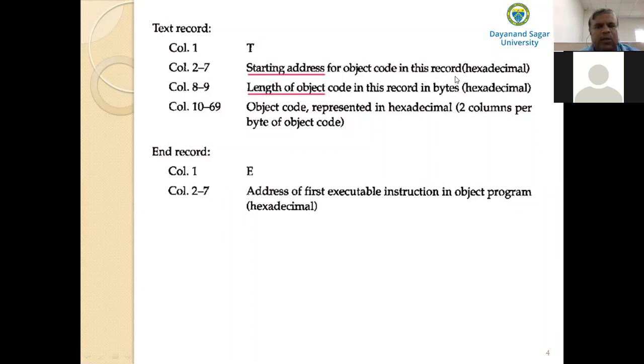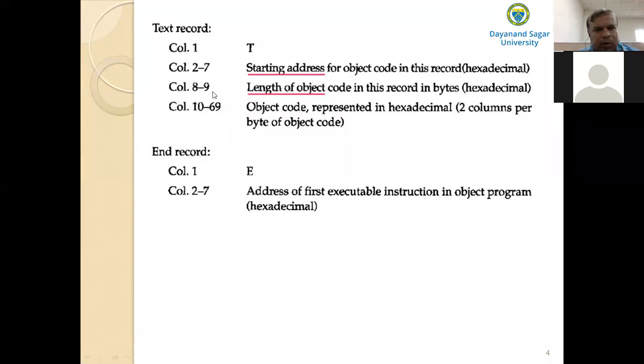Because we may write n number of text records, and the object code that is written in one single text record is limited, we can write object code from column 10 to 69 only. Then you can continue the text record on a new line.